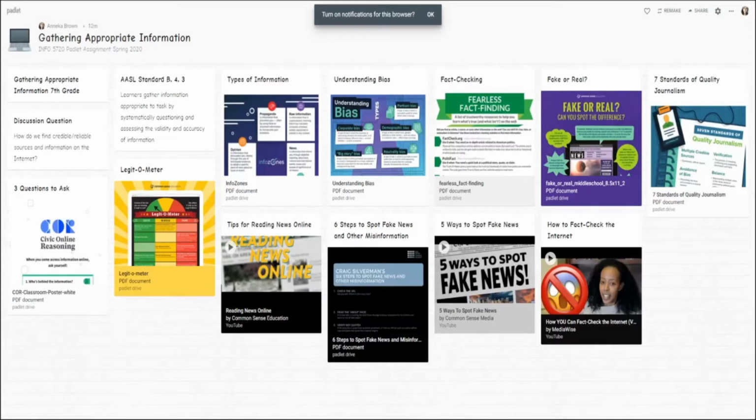Hey guys, today we're going to talk about a really important information literacy skill. The objective of this lesson is to learn how to gather appropriate information by systematically questioning and assessing the validity